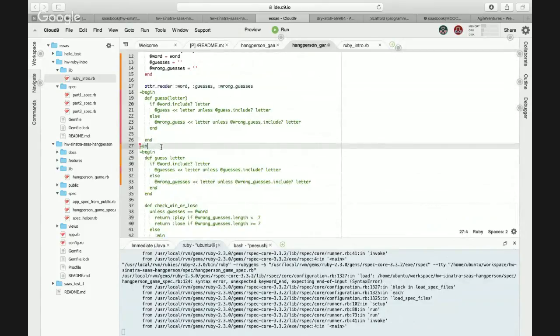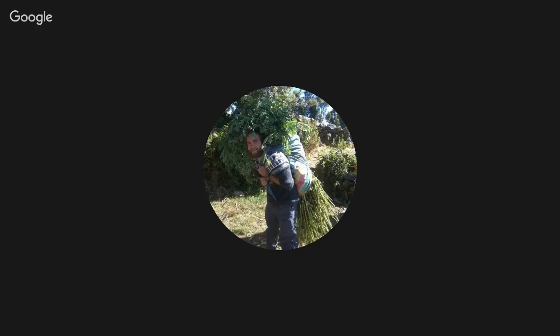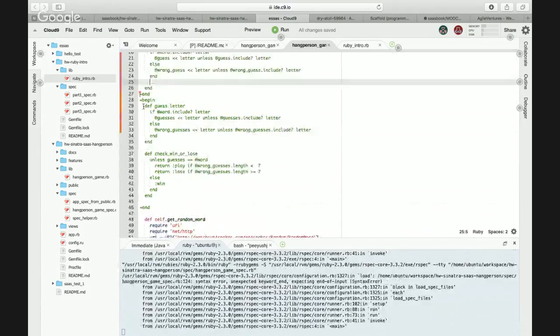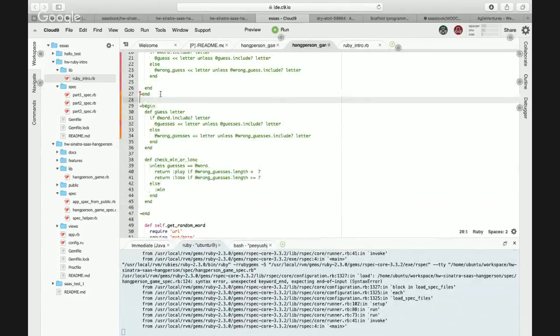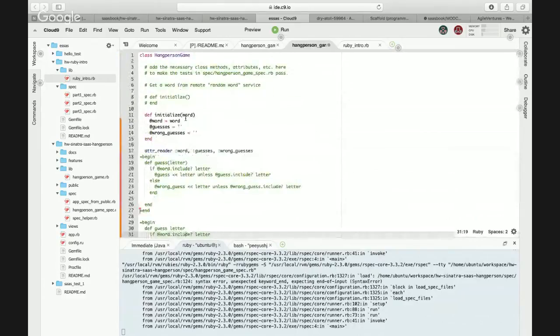But you already have an end on the bottom. But that is for this one, right? I've already begun. That's good. So that's why we need to put it in. But still getting the same error.